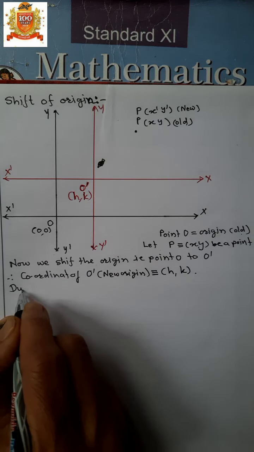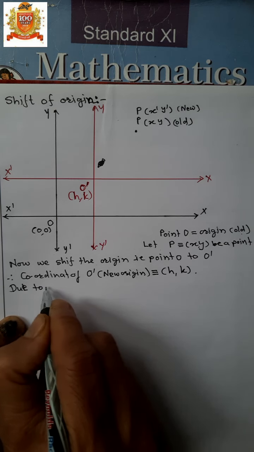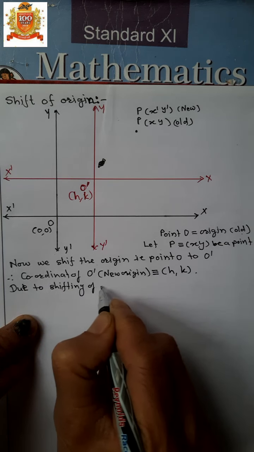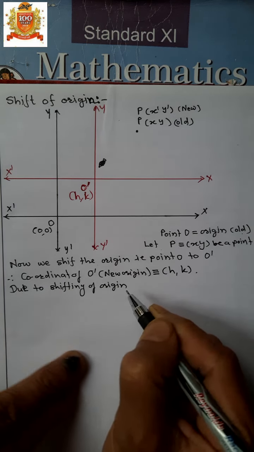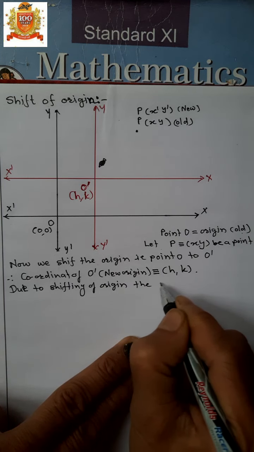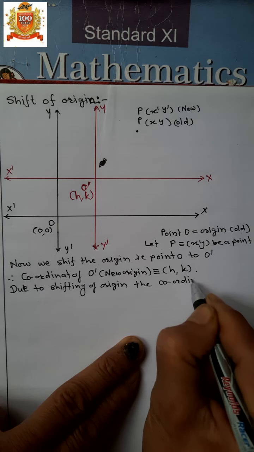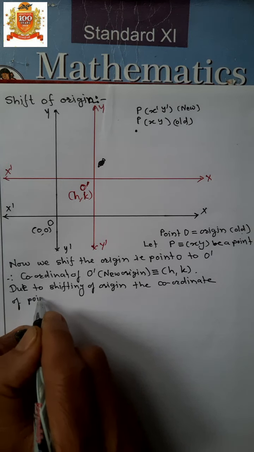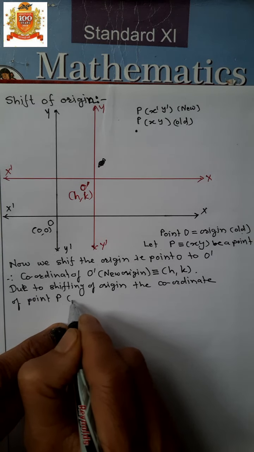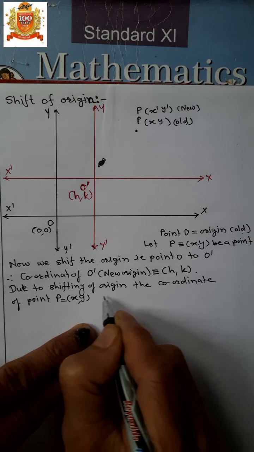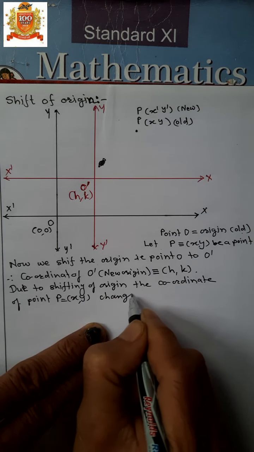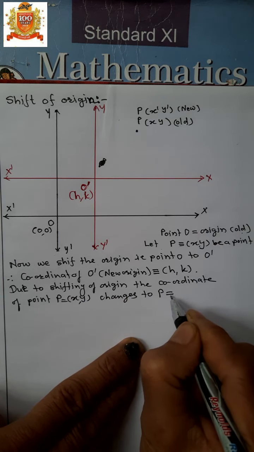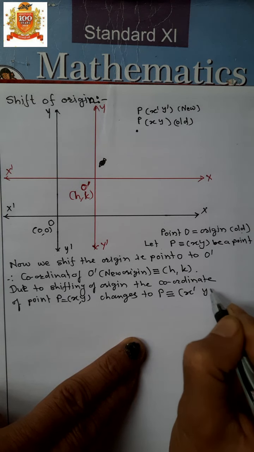Due to shifting of origin, the coordinate of point P(x, y) changes to P(x dash, y dash),